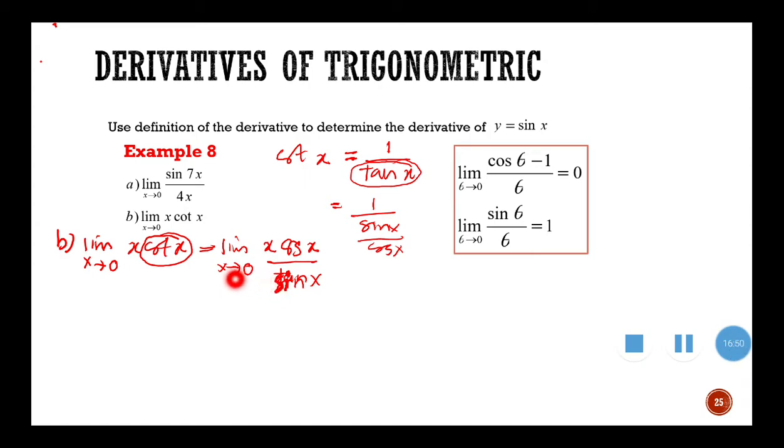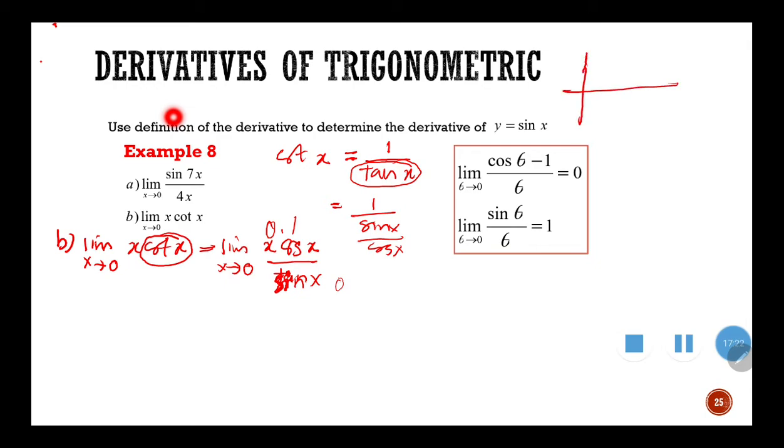Okay, directly substitute x, with x approaching 0. So we have 0 times cos 0. Cos 0, just press the calculator, I'll let you. Okay, cos 0 is equal to 1. So it means sin 0 times 0, 0 times 1, 0 times 1, sin x. Sin x is 0. Okay, if you don't remember,